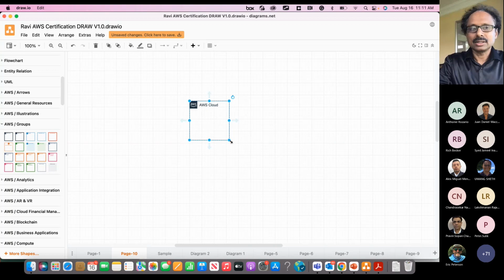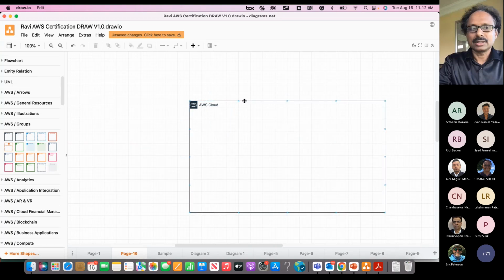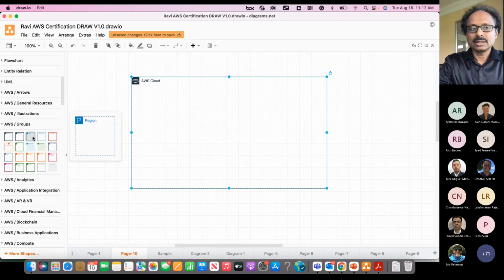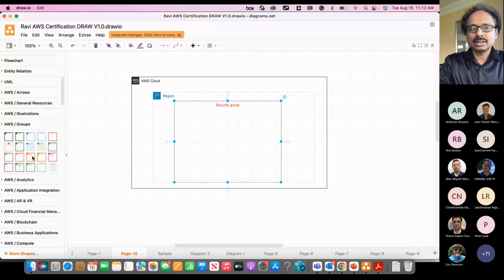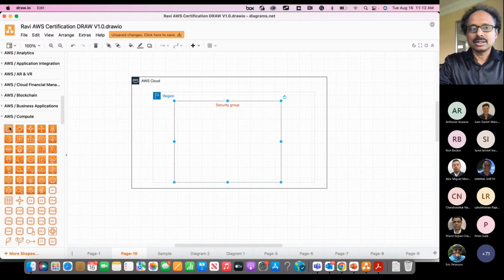It's very easy to create diagrams even from scratch. All we need to do is utilize the AWS templates provided by AWS and configure them with draw.io. Let me know if you have any questions related to creating this diagram. You can just drag and drop the entire premises and start adding the compute, right?